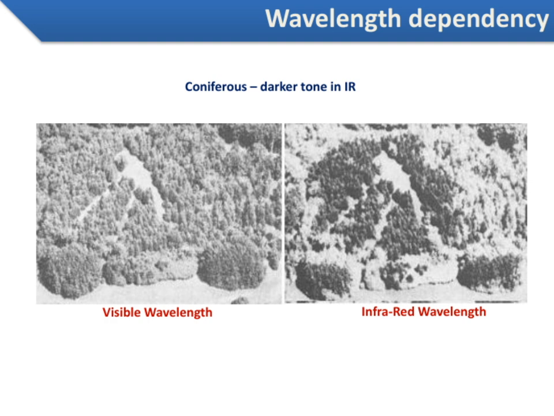Moving to the visible wavelength, our eyes perceive these differences more subtly, but infrared imaging can uncover details that are not visible to us. This variation in how different wavelengths interact with plant materials is a key concept, especially when analyzing vegetation health or type. So, understanding wavelength dependency allows us to interpret remote sensing data more accurately and connect the spectral information to real-world characteristics of the landscape. It's a powerful tool in our overall analysis and helps us make more informed decisions based on what the data reveals.